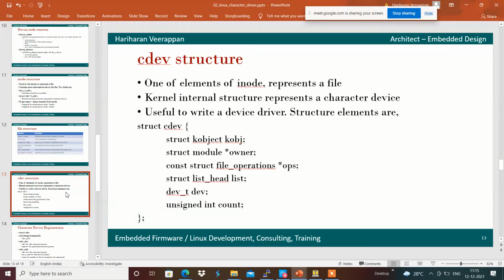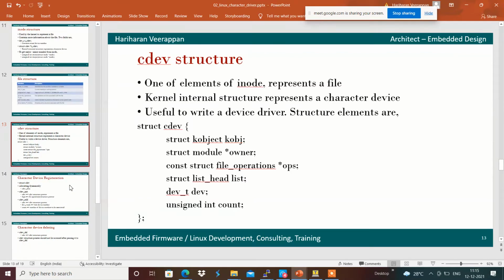It will be handled accordingly. And dev_t is the one which is something like a device number representation, with major and minor number, and the number of devices from the dev will be provided as a count in the cdev accordingly.